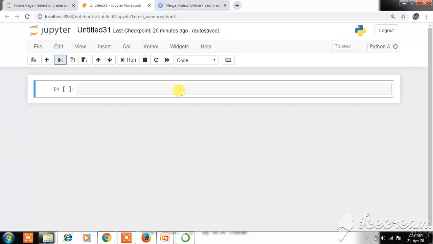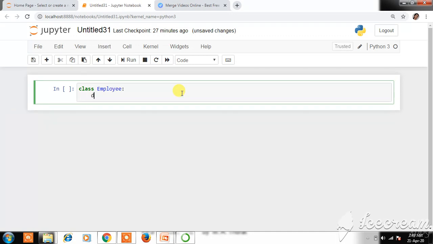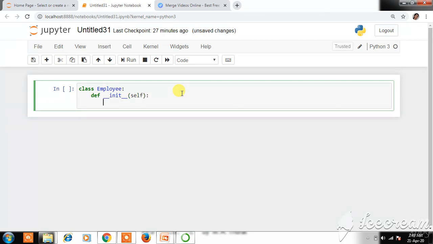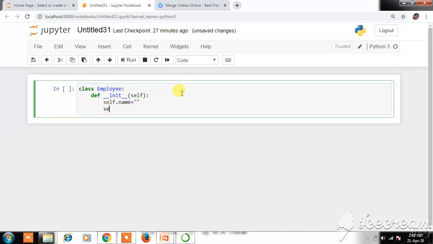So we have to define one class Employee. Then we have to define the init method to assign default values to all the parameters. So we can say self.name equals the default value, which I have written here as double quotes, that means the default null value is assigned to the name.